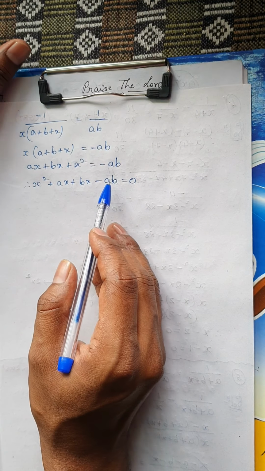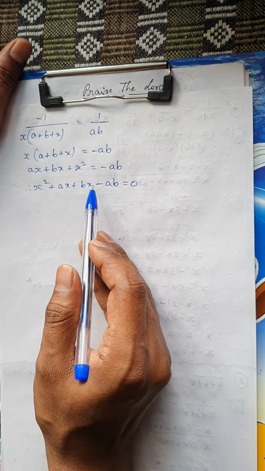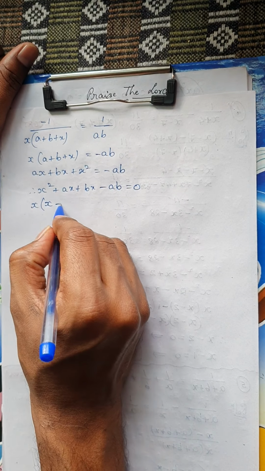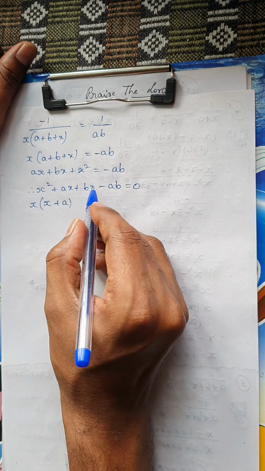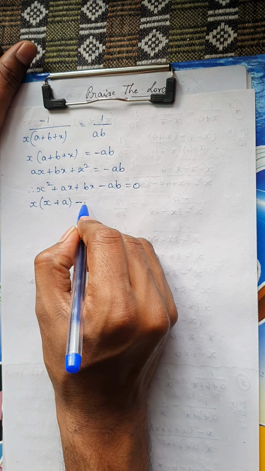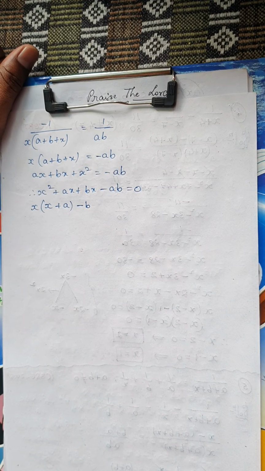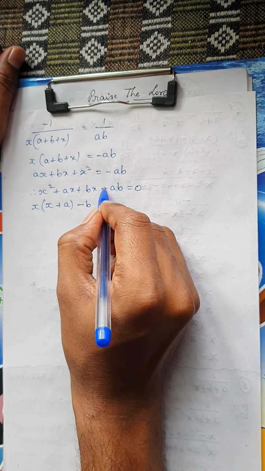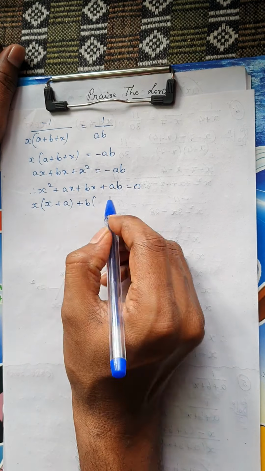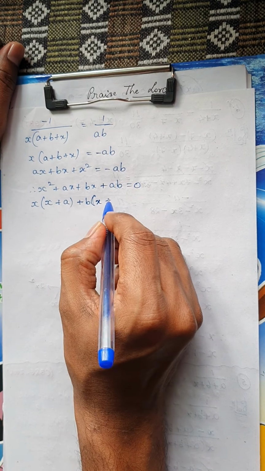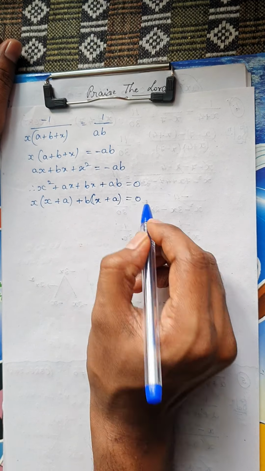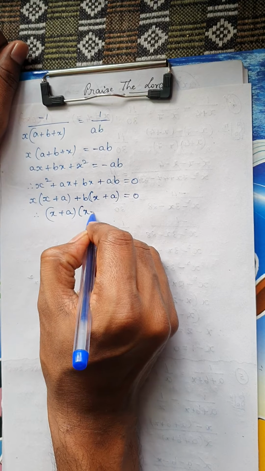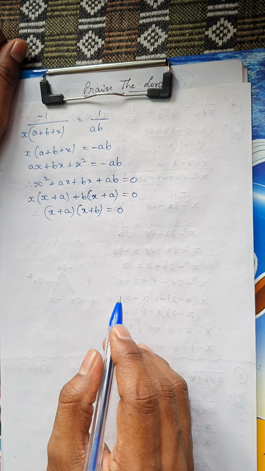So this is my given quadratic equation. Now I need not factorize, you can see here the equation is already factorized. Let us see how. In the first two terms, if I take x common, the leftover term is x plus a. Now here I am going to take b common. So if I take b common, I will get x plus a, which is already taken outside, is equal to 0. Therefore, I have x plus a into x plus b is equal to 0.